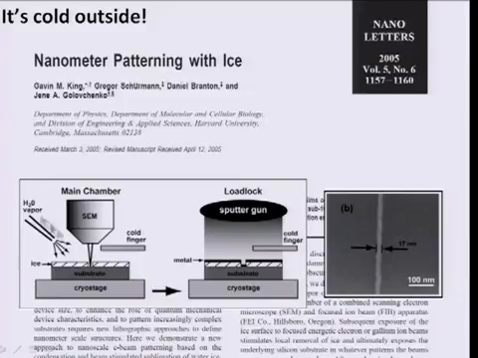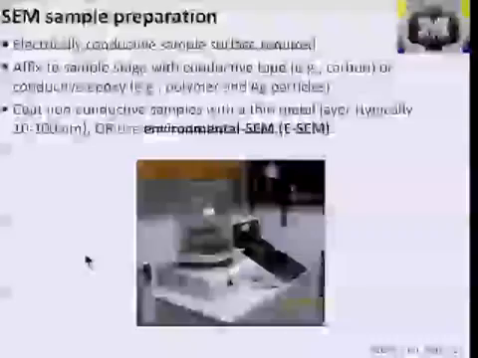Because the substrate is very cold, they brought in a little spritz of water vapor into the chamber, and the vapor froze on the surface of the substrate to create a thin layer of ice. And then they used the fact that if they hit this thin ice layer with an electron beam, the electron beam will heat or ablate, blow away